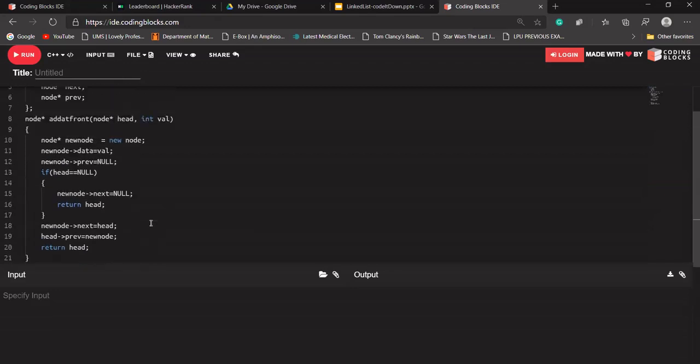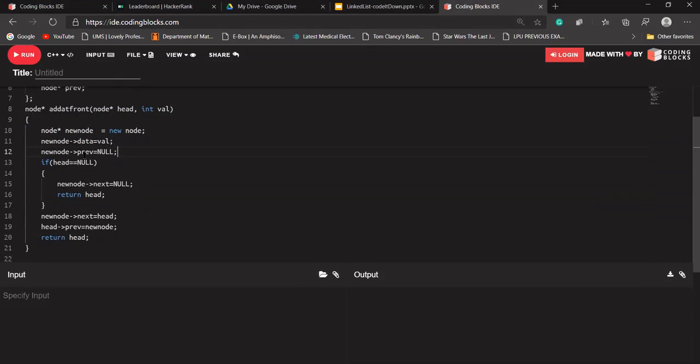This function will be called and a node will be created and some memory allocated to it. In the data part of that new node we store the value that has been passed, in this case 10. And new node's previous will be null.